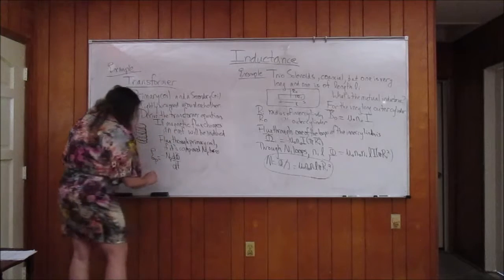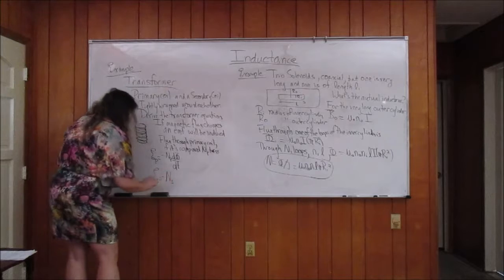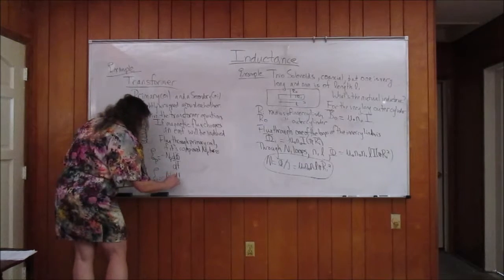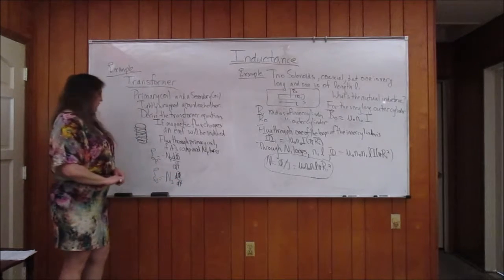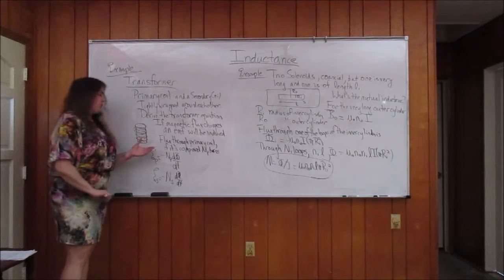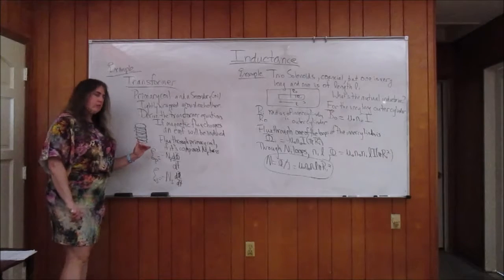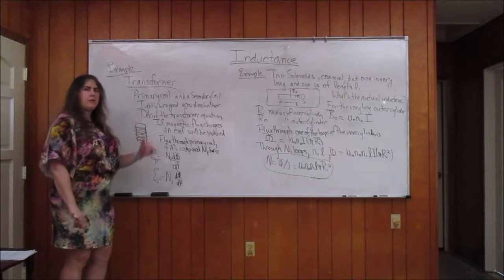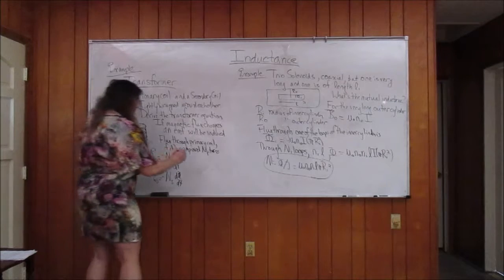In similar fashion, the secondary coil is composed of N sub S turns times change in flux with respect to time. So the change in the flux is the same, okay? But because you've got more turns in one set of coils as opposed to the other, you can actually step up and step down voltages. So therefore, because these are the same,